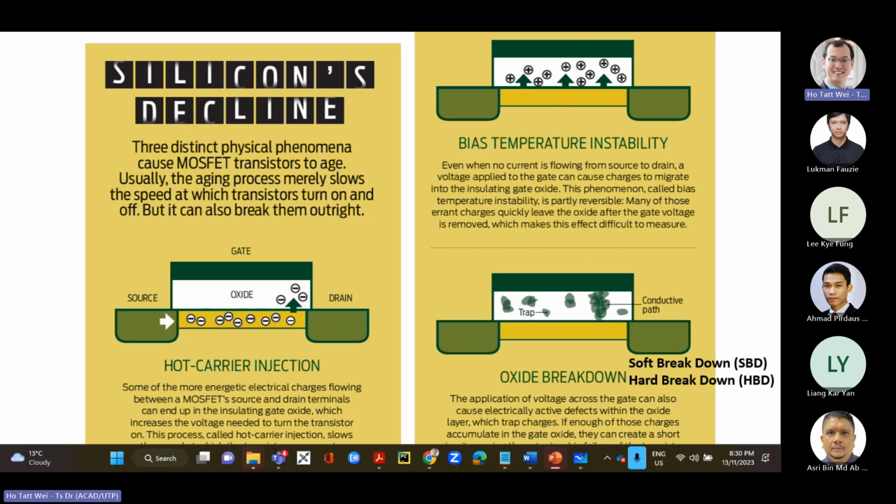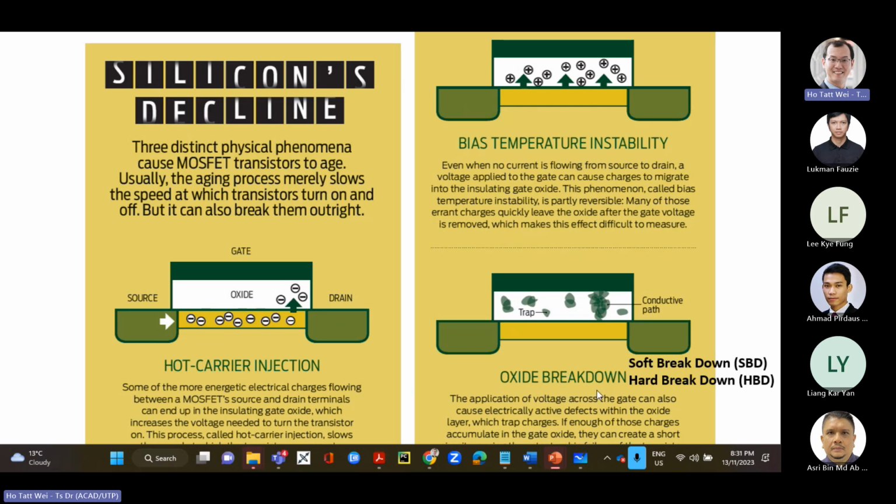So we see that the aging process is these two main mechanisms, HCI and BTI, that end up embedding charge in the oxide layer. When you first make the device, the oxide layer has no charge in it. It's supposed to be a dielectric, no charge, but you end up pushing charge in, and this charge sort of shields the channel here from the gate voltage, so it reduces the free electrons or the free holes here, so that weakens the current available in this channel. The third is oxide breakdown.